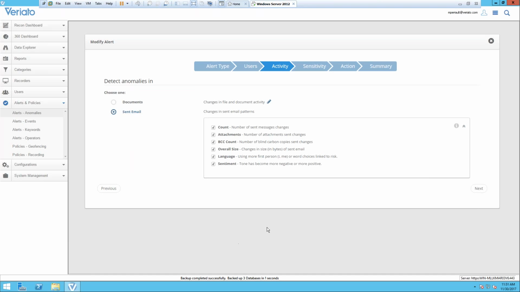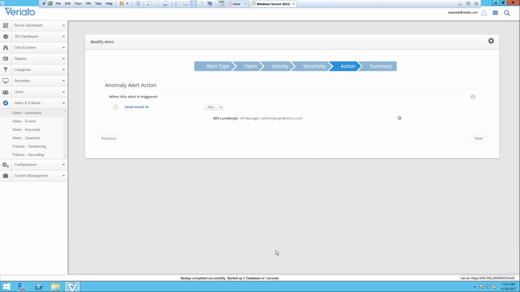It could be the number of sent messages, the overall size of emails sent, sentiment. If anybody starts to do anything different from the group we're comparing them to, we once again have an action of sending an email to a manager or a boss or whoever the case may be, saying, hey, you might want to take a look at Tom once again. He's doing something a little bit different than the rest of the users in the sales group. That could be something nefarious, or it could be that maybe Tom doesn't belong in this group. He does something different, and maybe he should have access to different things in the environment as well.